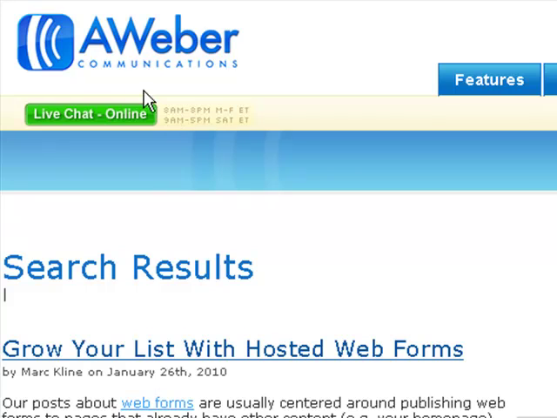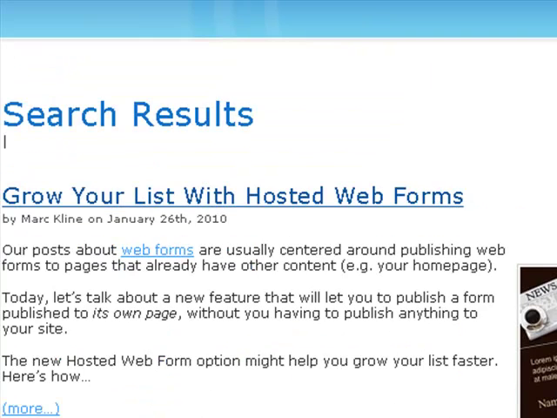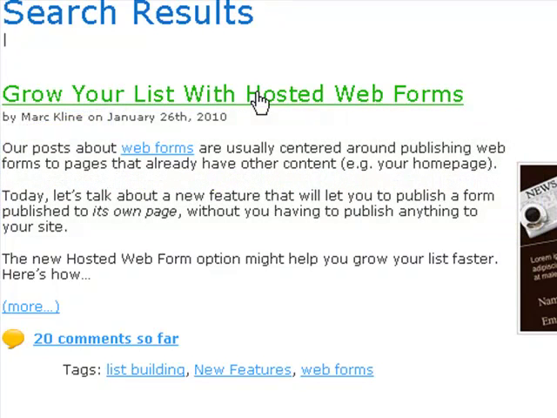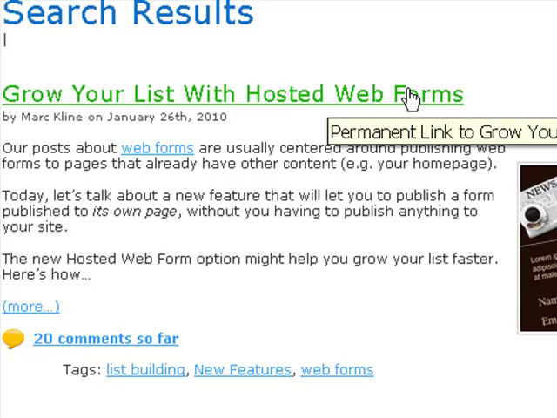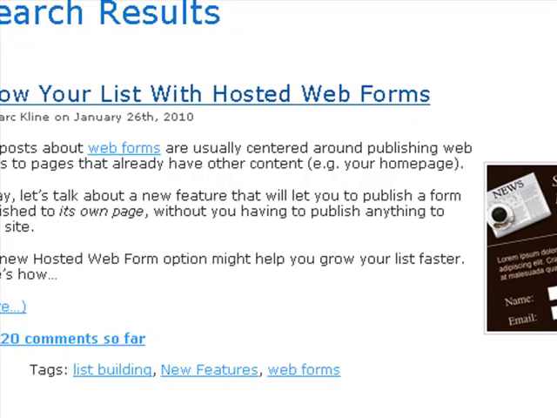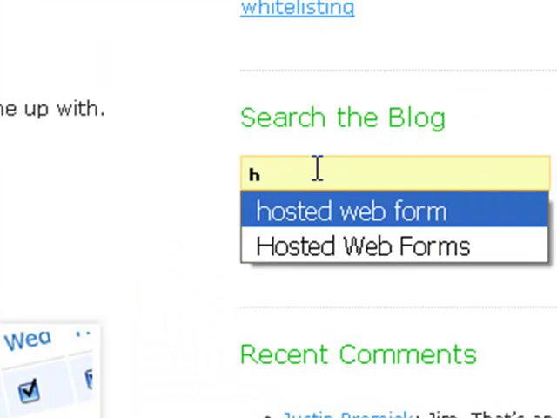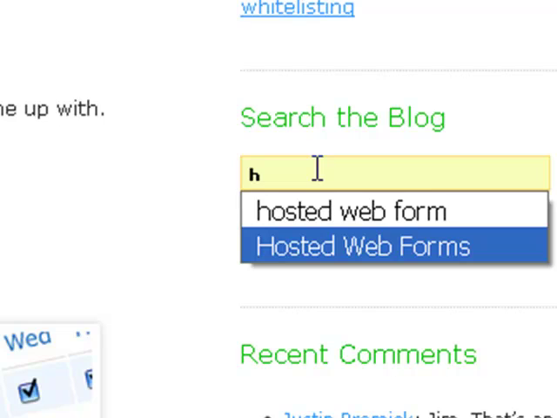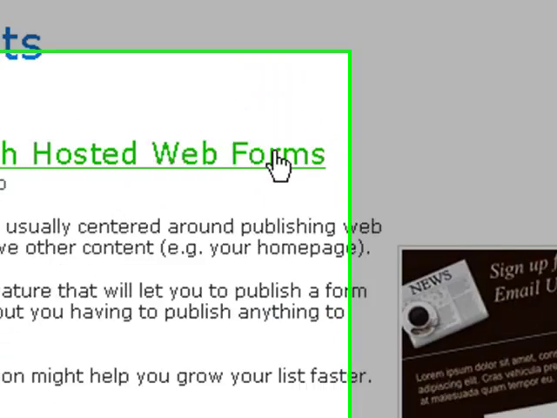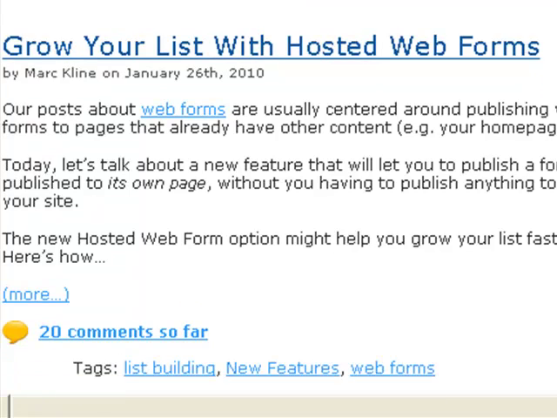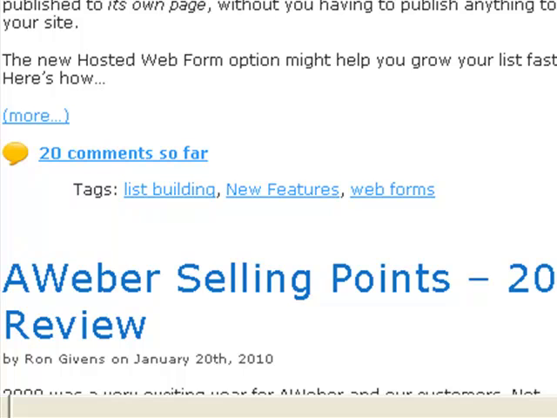The next piece of the puzzle comes from Aweber.com, which just happens to be my favorite email hosting tool. And if you go to January 6, 2010 on their blog, you'll see they wrote an article called Growing Your List with Hosted Web Forms. If you have trouble finding that article, just scroll over to their search field and type in Hosted Web Forms, and that will pull the article right up for you. Now, what is a hosted web form? That's simply a page that Aweber actually hosts for you. And if you click into this article,